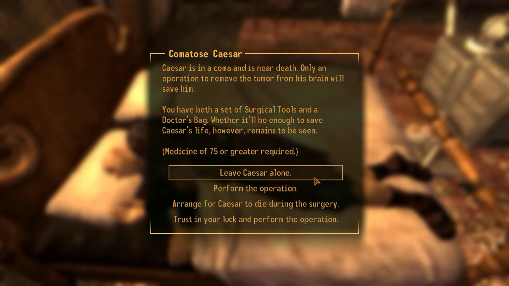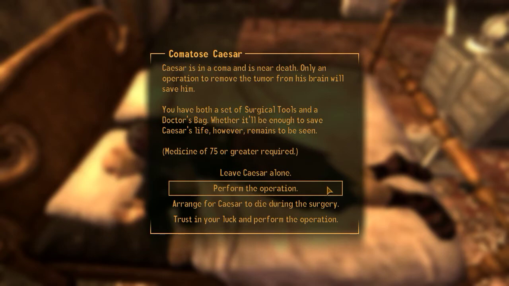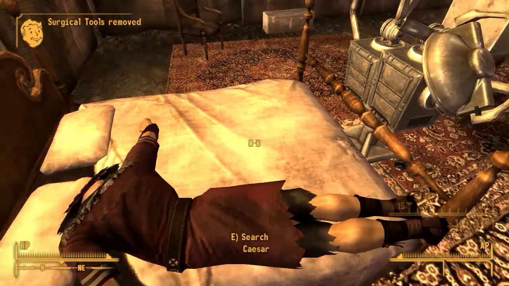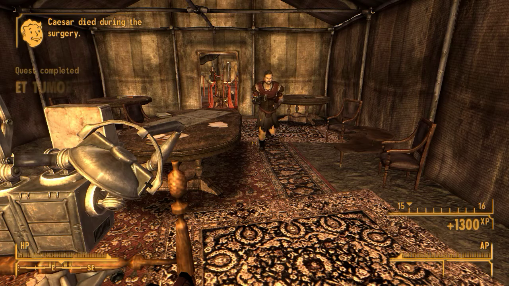So we can leave him alone. This is basically, I'm not ready yet. We can perform the operation. This will only succeed if we have high enough medicine. We can arrange for him to die during the surgery, or we can trust in our luck and perform the operation. This last one will only work if we have at least 9 luck. So I'm going to arrange for him to die. Because I'm a dick. And Lucullus just...